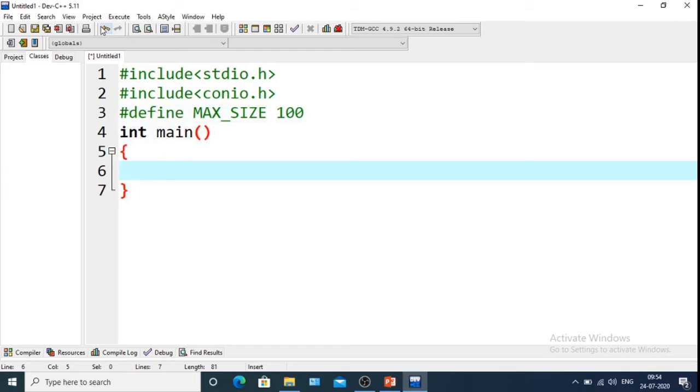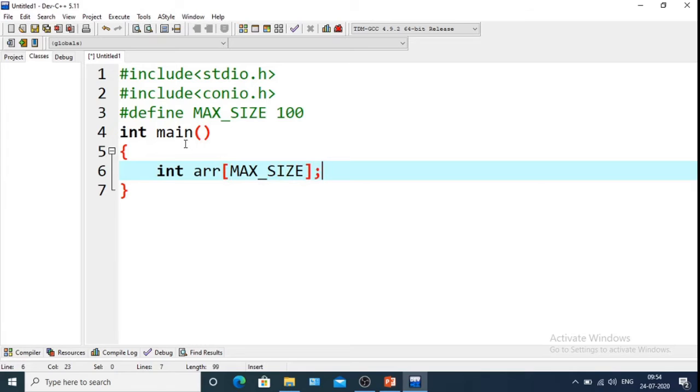Within the main function, we will first take the variables. Here MAX_SIZE is 100, which is globally defined. So we'll take the variables: int arr of MAX_SIZE.